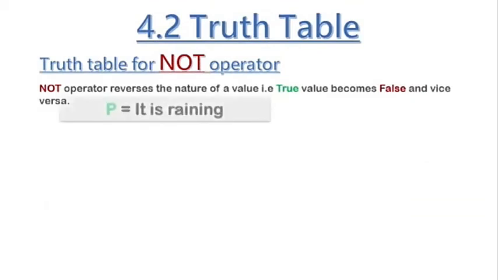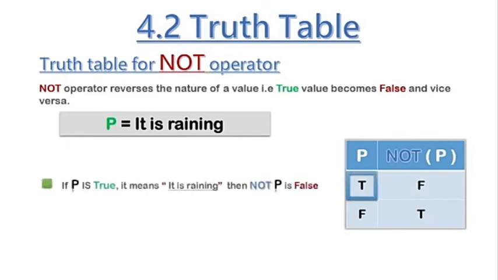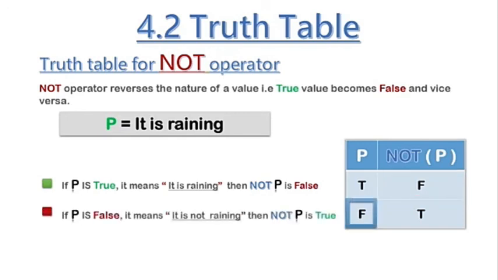Okay, now you will learn about the NOT operator, the truth table for the NOT operator. Here the true value will be false and the false value will be true. Now you can check: today is raining, true. NOT means that today is not raining, it will be false, it will reverse the actual answer. Here it is not raining, but with NOT it will be true. Okay, so it will reverse the answer.